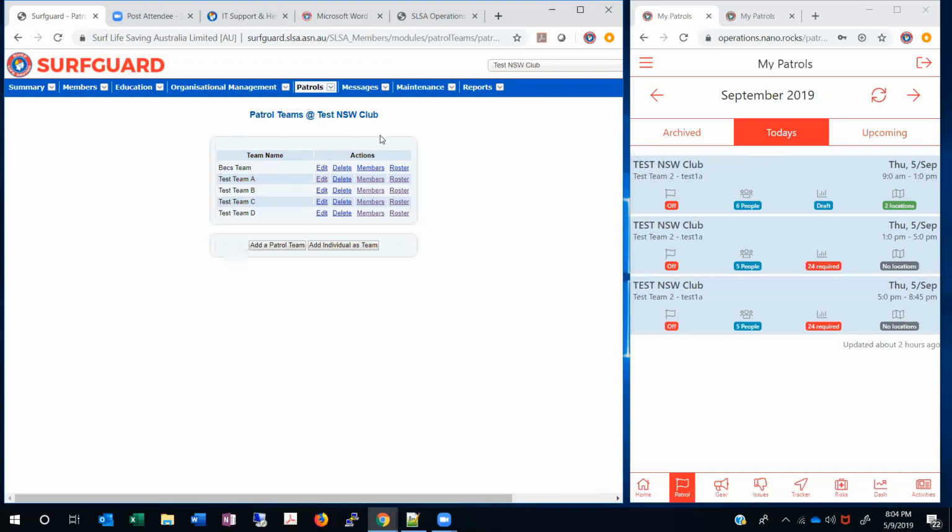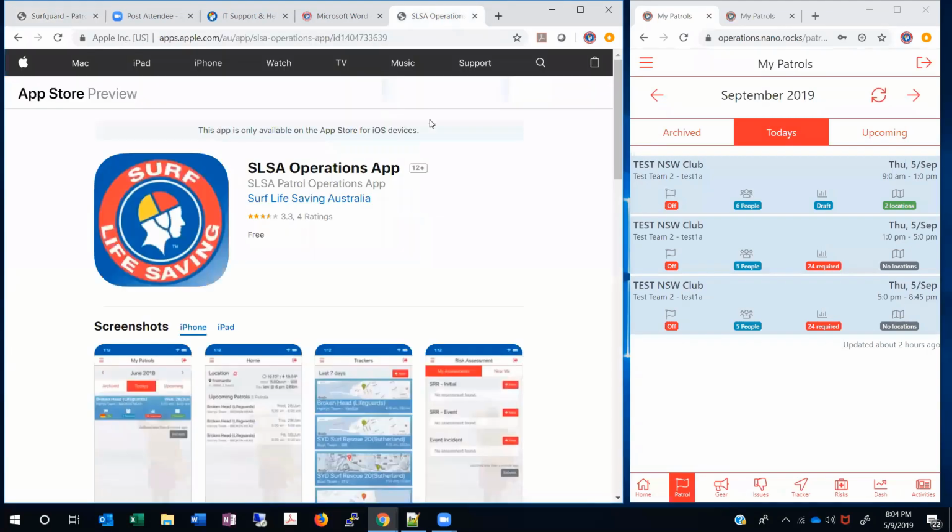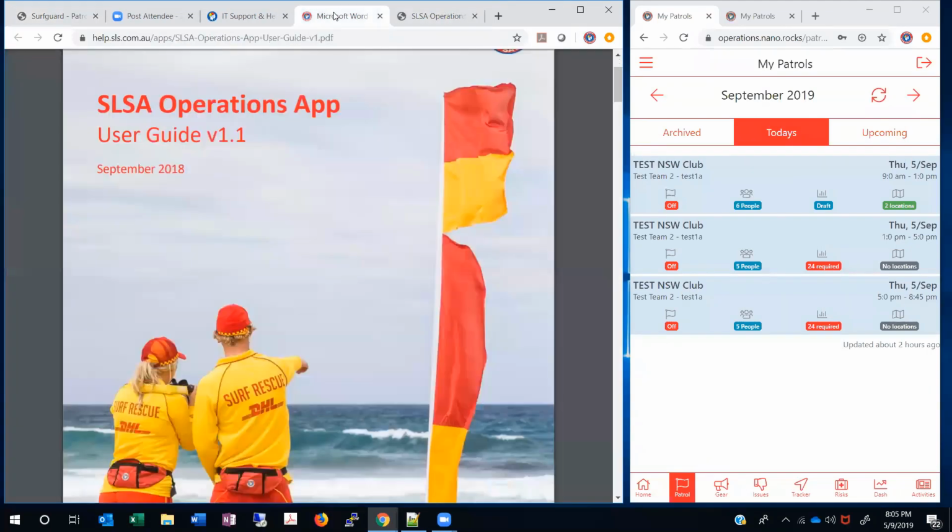So that's just a quick look at the Surf Guard side of things. So basically, once your club has set up your roster, then